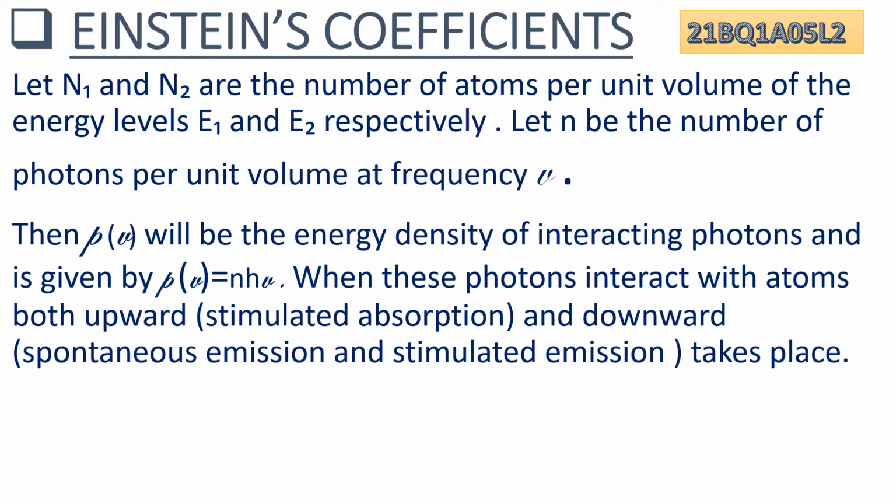Today I am here to explain about Einstein's coefficients. Let N1 and N2 be the number of atoms per unit volume of energy levels E1 and E2 respectively. Let N be the number of photons per unit volume at frequency nu. Then rho of nu will be the energy density of interacting photons and is given by rho of nu equals